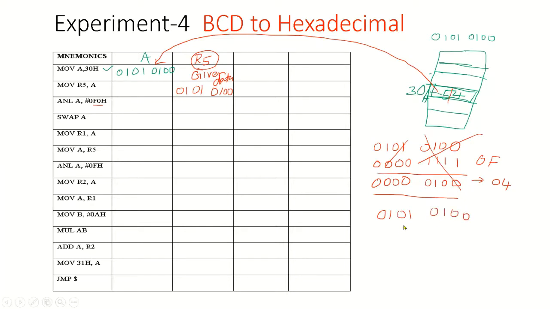Now when you are ANDing, doing the AND operation with f0, this is f and 0. I'm not writing in binary. Try to understand. You'll be getting 0 1 0 1 here, 0 1 0 1, and all these are zeros. Now you see this is 5, this is 0. So this 5 0 will be the number which you will get after this one.